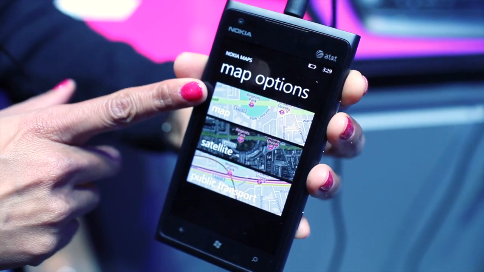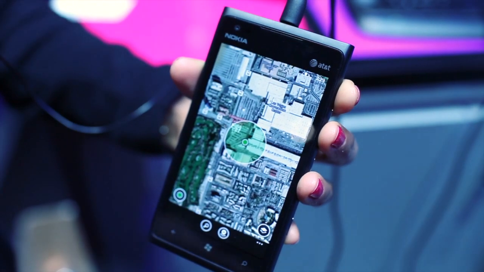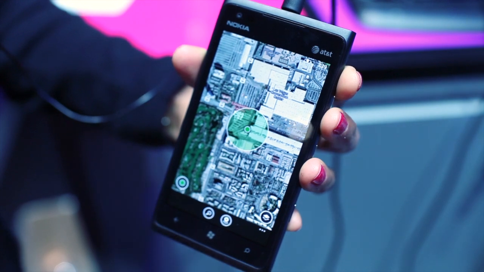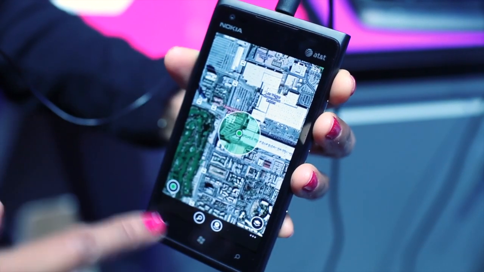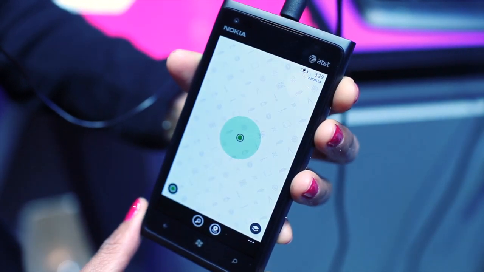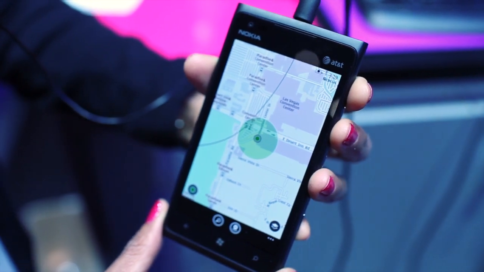The Maps view, which is the default view. We also have the satellite view. It kind of gives you a bird's eye view of where you're at. Say you're in downtown and you want to know what's happening and get your bearings right, then this is the view to look at. And additionally, we have a really unique offering of a public transport view.